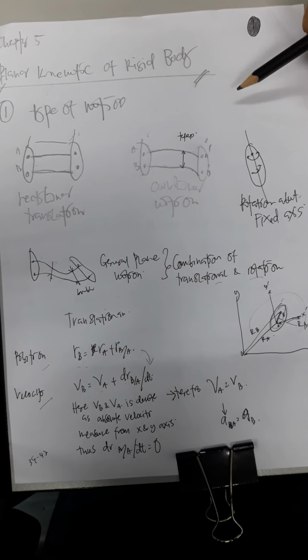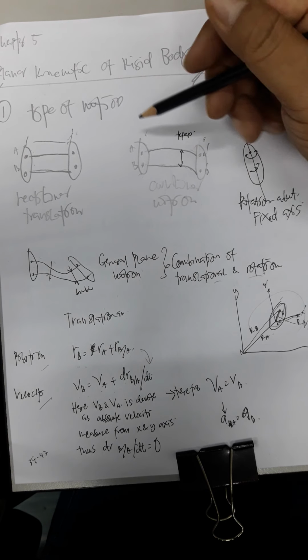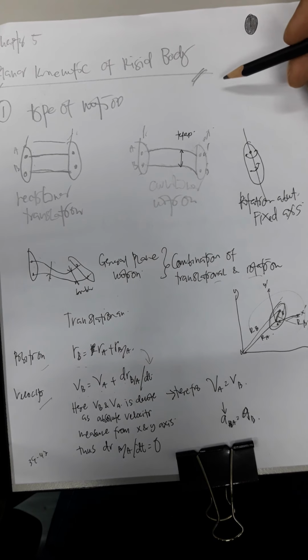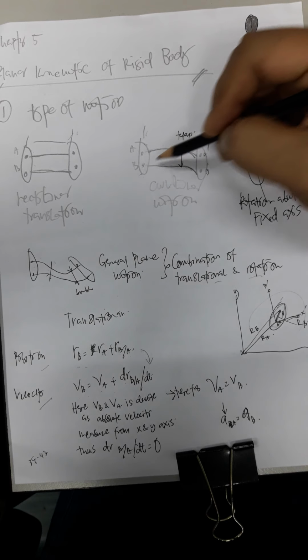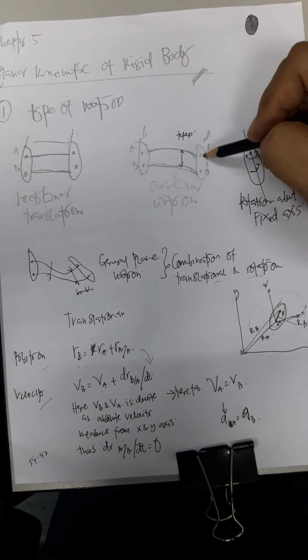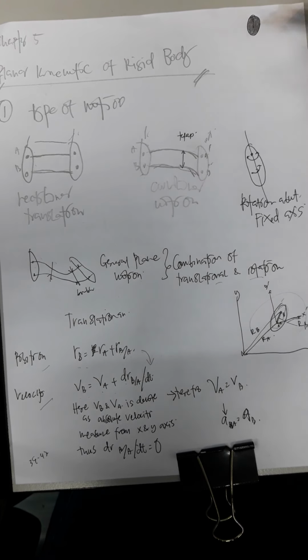The second one is curvilinear motion, where imagine this is the football, and the football moves from this point to a new point in a curvilinear motion, something like this. Imagine that this is point A, this is point B, so the new positions will be A prime and B prime here. This is the movement in curvilinear motion.